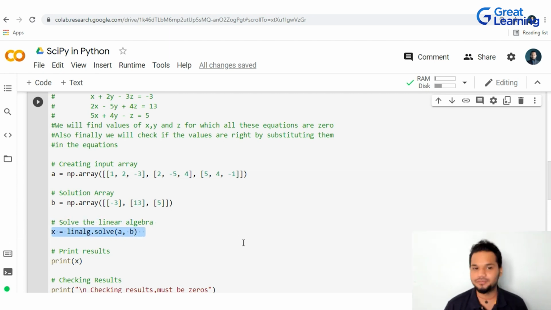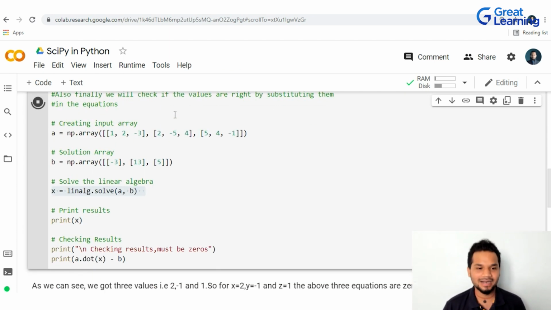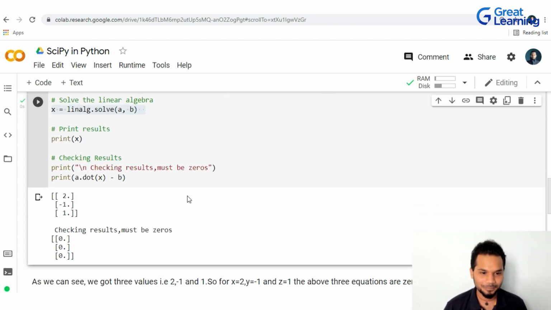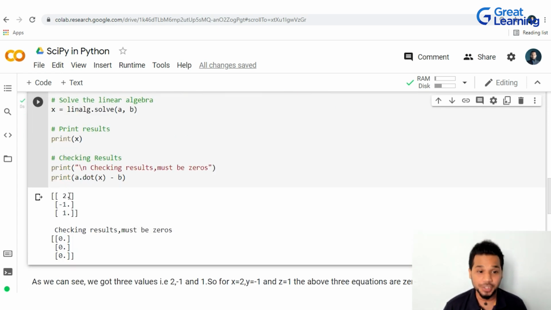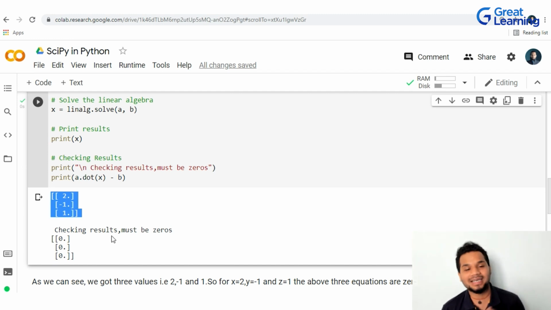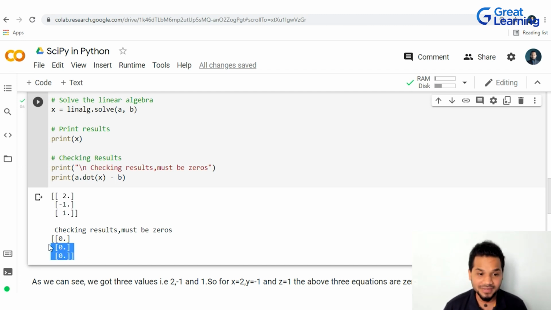Look at the line which talks about the logic of how you can go about doing it. One line of code, and as soon as I hit play, it's very easy, right? Look at this. One thing you have to understand is x is 2, y is minus 1, z is 1, right? It's 2, minus 1, 1. If you substitute 2, minus 1 and 1, your answer should be 0 in all three of these equations. This is what we're being told here. This is the value of x, y, z. And once you attach the value of x, y, z, everything must be 0.